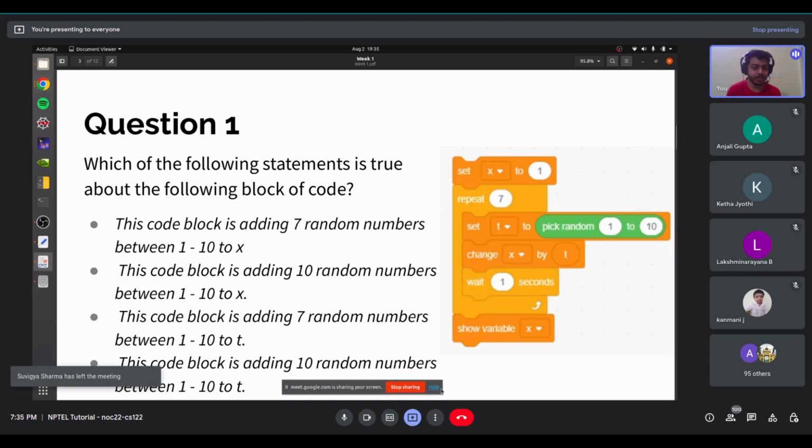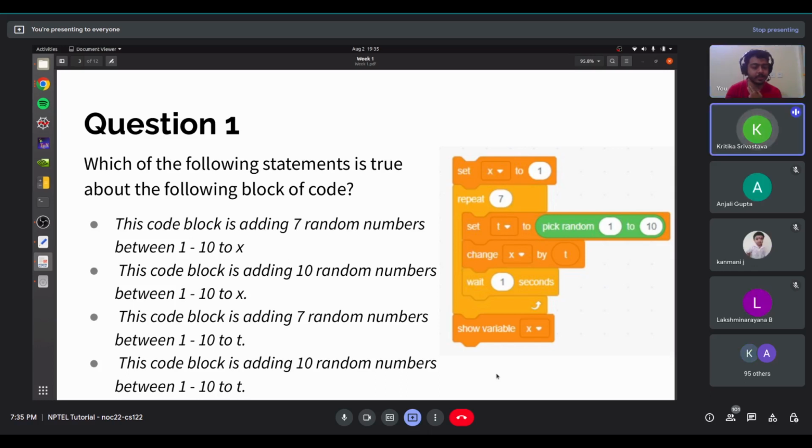Like I said in the beginning, if someone has joined late, I'll repeat again. I hope that everyone has seen the video lectures of week 1 before attending this session. If not, it's okay, because this is relatively an easy session. But from next week, before attending these tutorial sessions, always check out all the video lectures posted for that particular week. So before coming to next week, look at the video lectures for week 2.